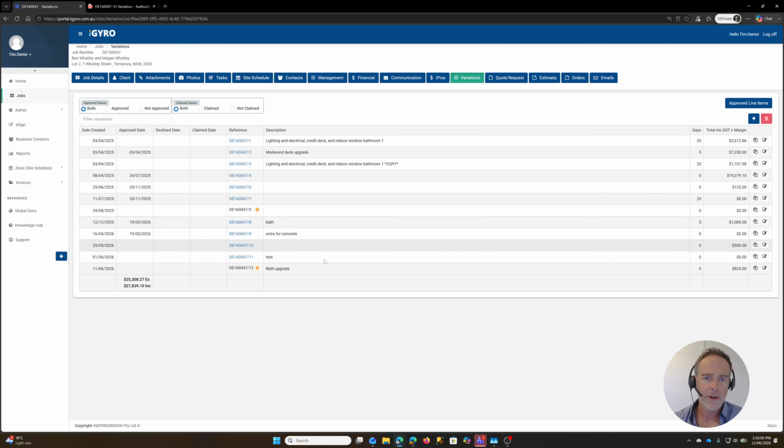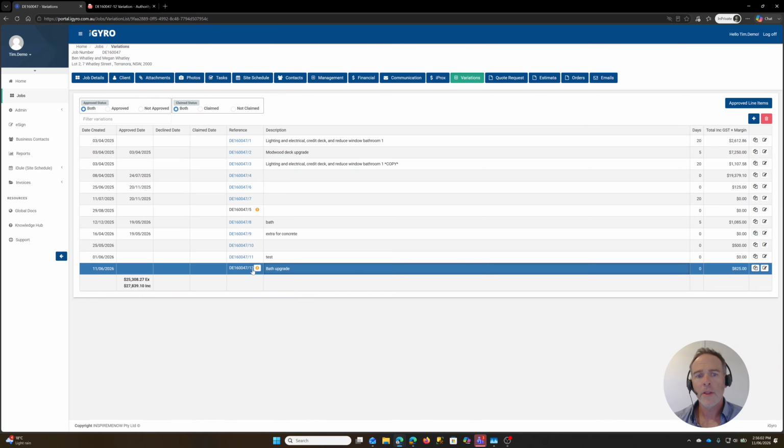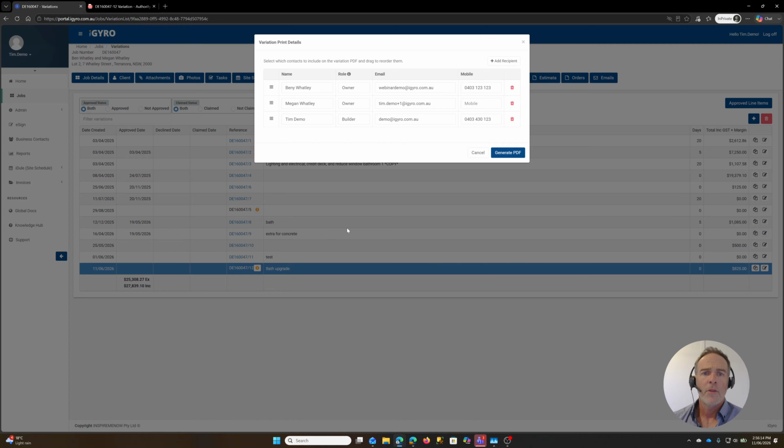This is the list of all our variations. Here's the new one that we're working on, variation 12. And you'll notice this little exclamation mark here. And if we hover our mouse over the top, you've got generate PDF variation. If we click on that, it pops up this new screen here, and it populates these client details based on